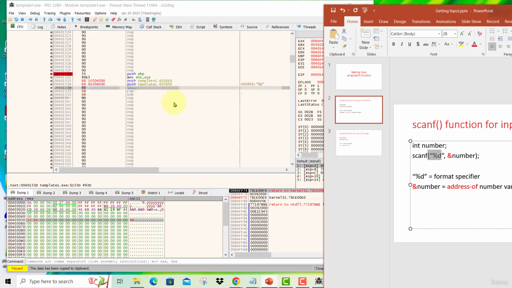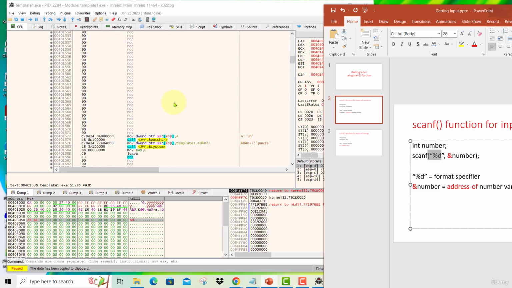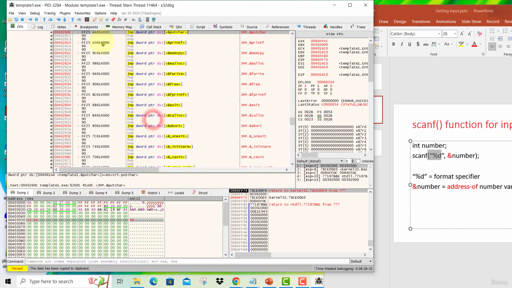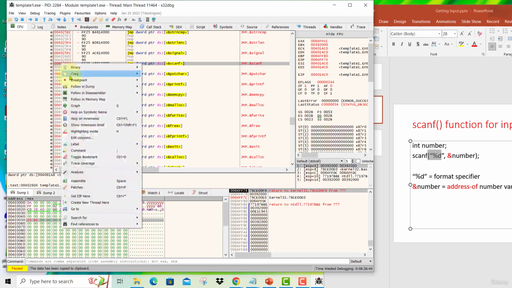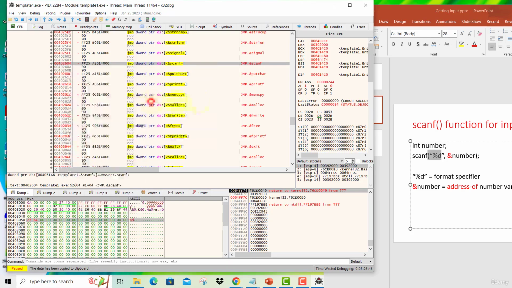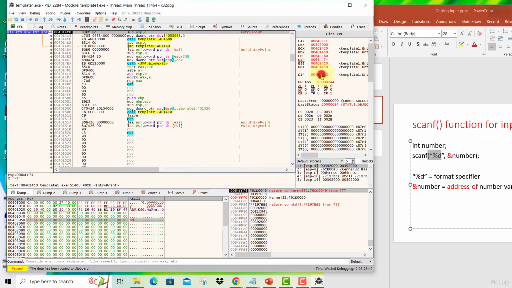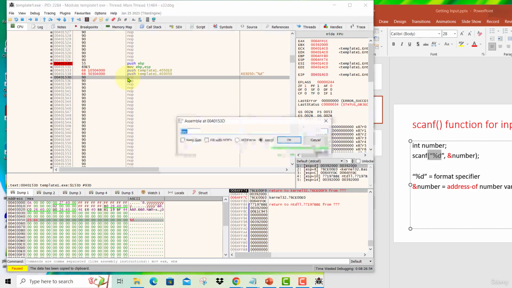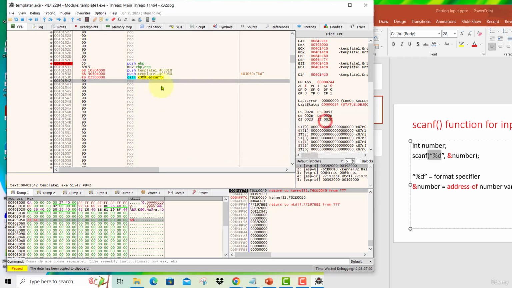So we scroll down and look for a location where there is a call and just double click it and go to the jump tables for all the functions. We need a scanf function, so just scroll a little bit and you will see over here scanf. So right click and copy this address, go back to the instruction pointer and click on it, and now we are back. Over here we press spacebar and put a call there, type hex prefix and paste the address of the scanf function. That's it.